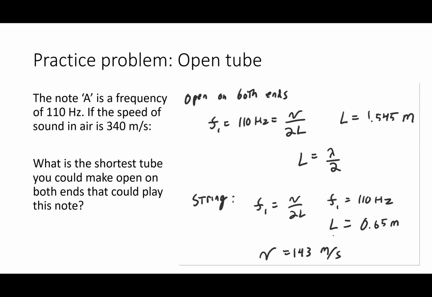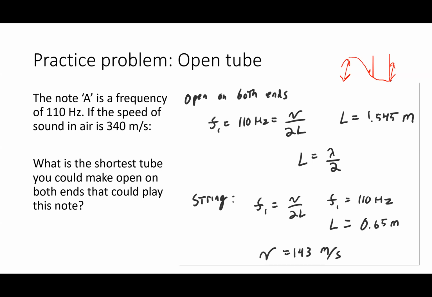So if I had the tube that was open on both ends, then I would be looking at a fundamental where I had two antinodes and a node fitting inside the tube. So that corresponds to half a wavelength, meaning my tube would need to be twice as long as it was in the previous case. If I used a string instead, and the string was fixed on both ends, I would